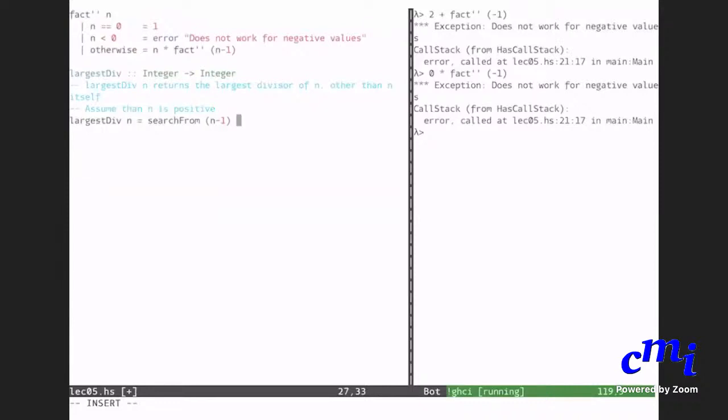Sir, isn't the largest divisor just the number divided by its smallest divisor? So wouldn't it be better to search from 2? It will all be similar, I suppose, but let us just do the straightforward logic now. Yeah, you could do that if you want, but we can do this also. There also you have to use the same logic. You may be right, it might be more efficient if you start from 2. But let us try this. Or are you saying that you can start from n/2?